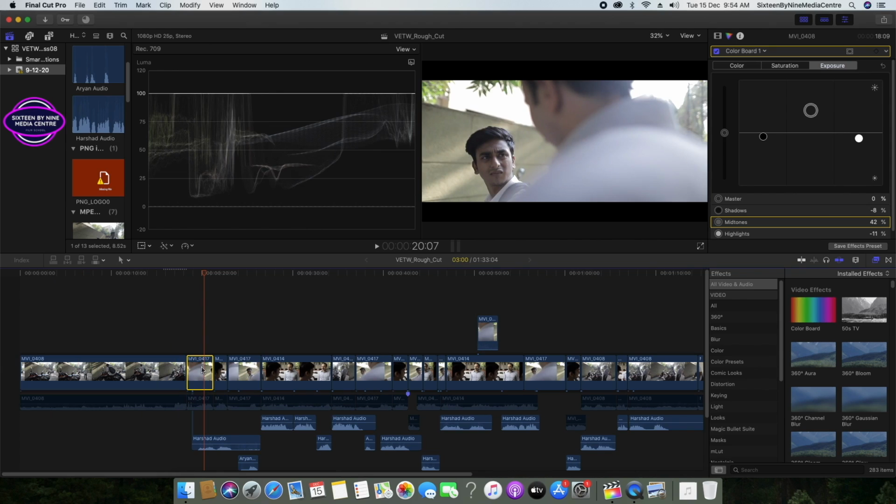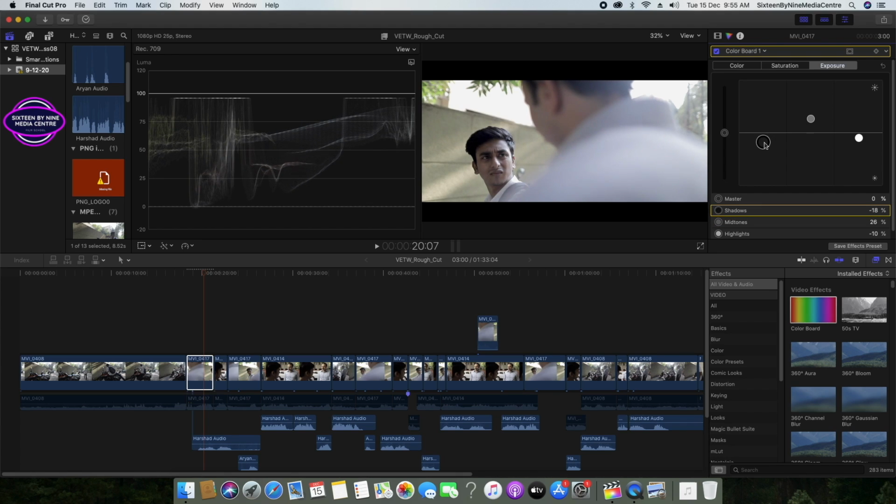Let us come here, do the same thing. Color board I have copied. This color board has come here, and this is the waveform that we can see. Okay. Again it has clipped, and I increase the midtone. The face is becoming clearer. You can see this. And I will touch this, make the shadow, the darker regions, touch this 0. So I'll just reduce a little bit, and yeah.